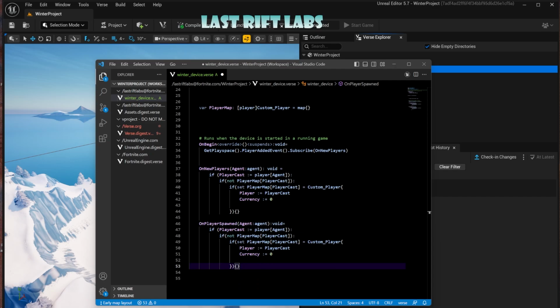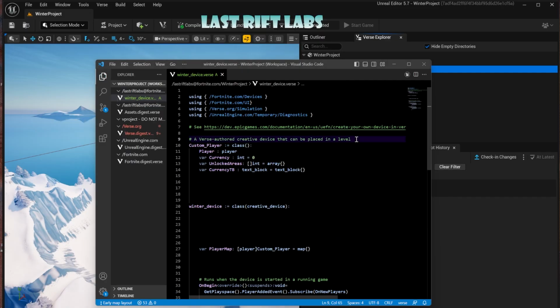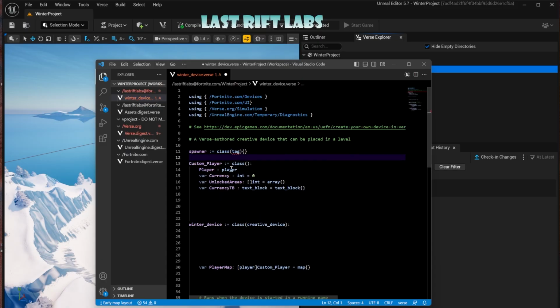So one thing we like to do is you can use these nice tags within Unreal Engine for Fortnite, and we can set the tags to have a tag, which then we can reference through Verse. So what we like to do is tag all of our spawners with a class tag. So up here, we can just use this spawner class tag. We need to